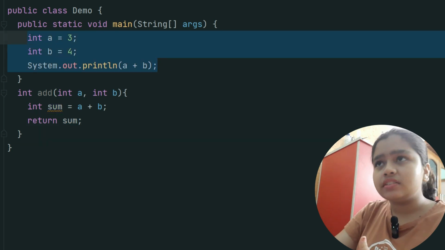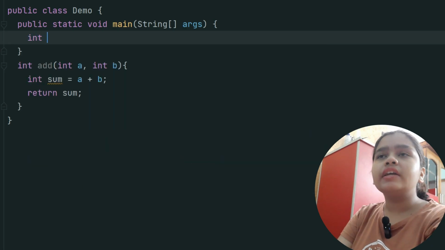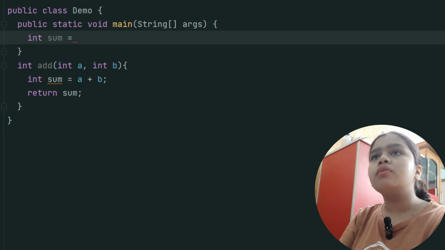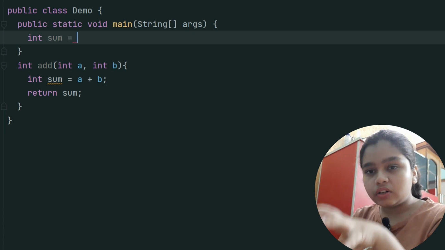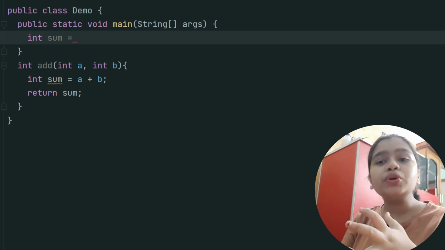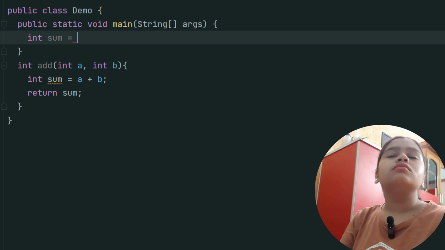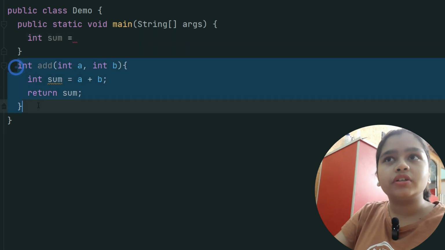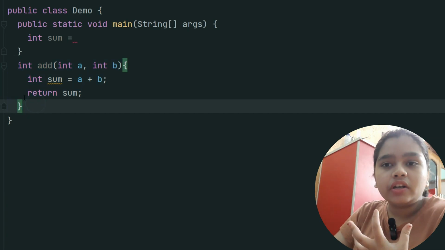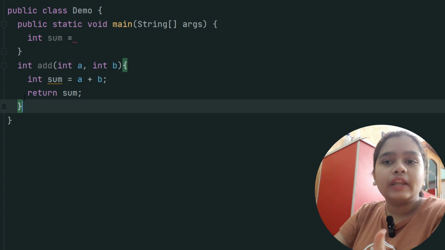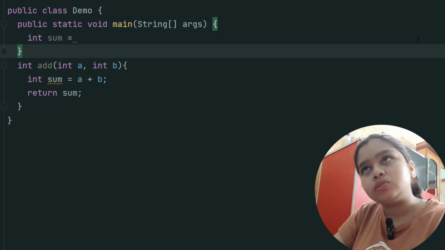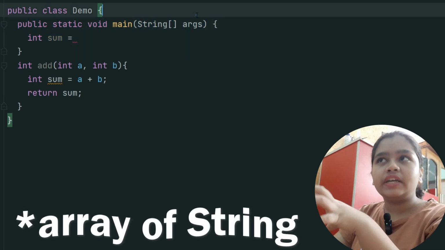Instead of writing all this, I can say int sum is equal to, and now we are going to call our add method. Now what do you mean by calling a method? See, for this method to function, you just cannot run the program and expect the add method to give any output. It doesn't work like that. This is our main method. Yes, main is also a method. It has String array args as the